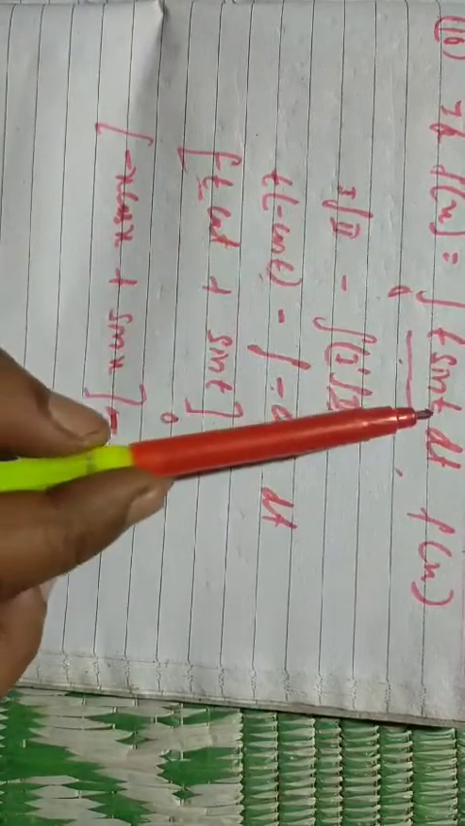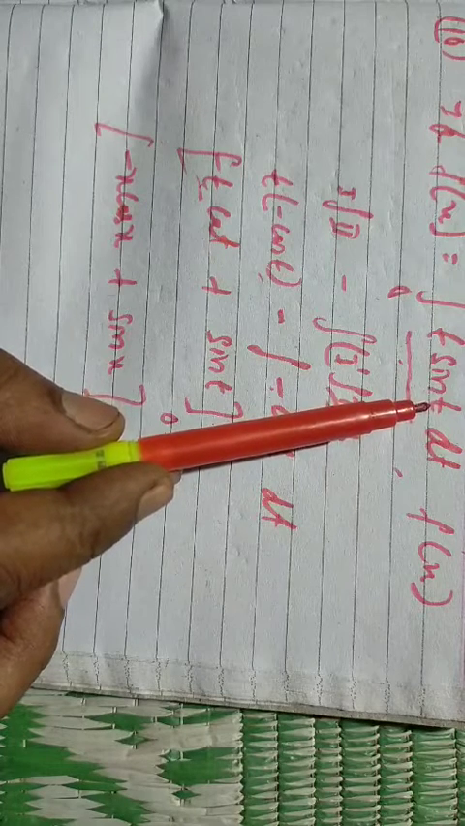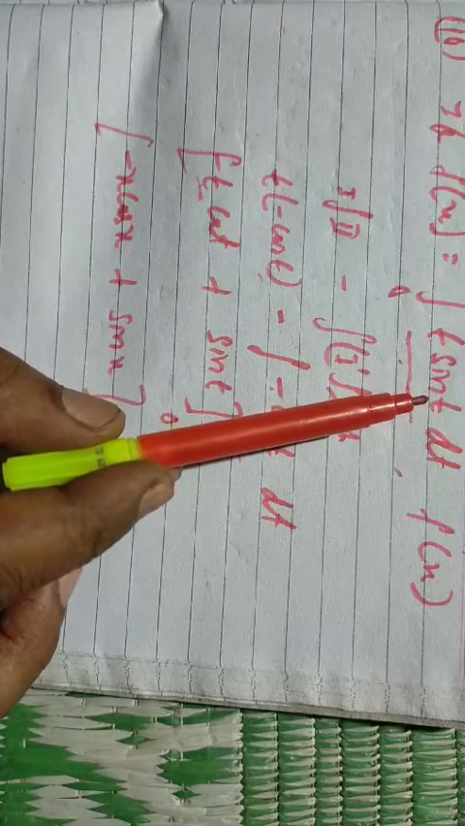Sin x minus x cos x is not there in the option. I think I have made a mistake somewhere. Integration of sin t